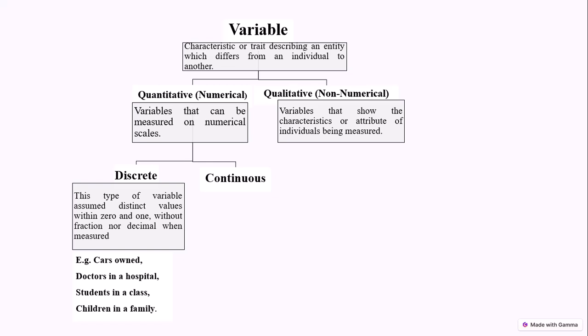It's never possible. Similarly, consider doctors in a hospital. In hospital A, there are 5 doctors. In hospital B, there are 7 doctors. You cannot have 2.5 doctors, or 5 point something doctors. So discrete data are always whole numbers. Once you measure any variable that is discrete in nature, it produces whole number figures or data.